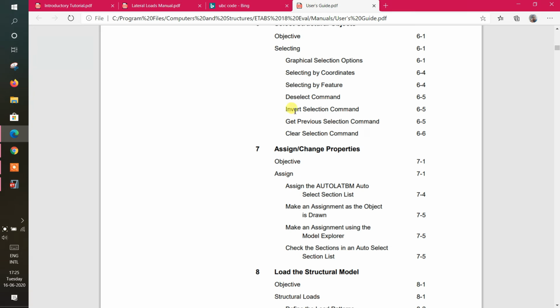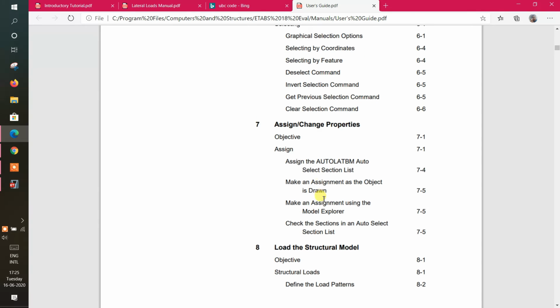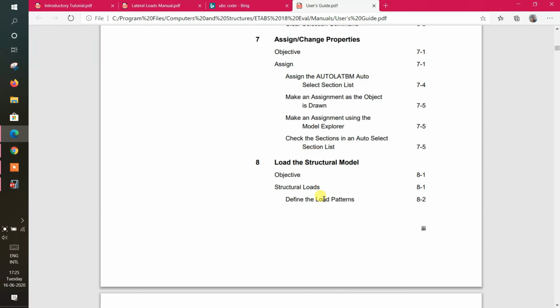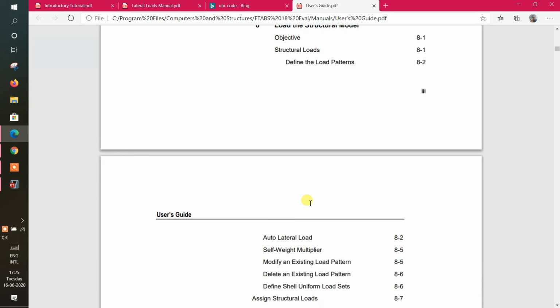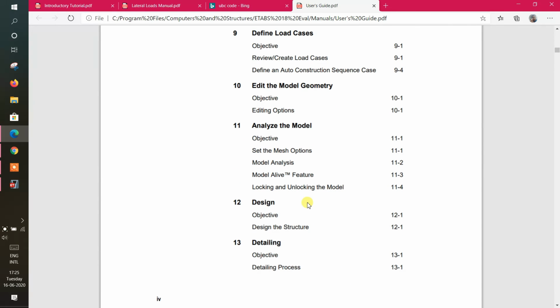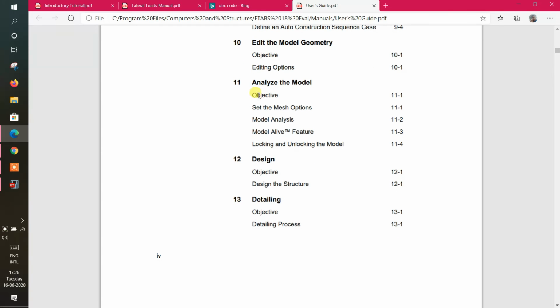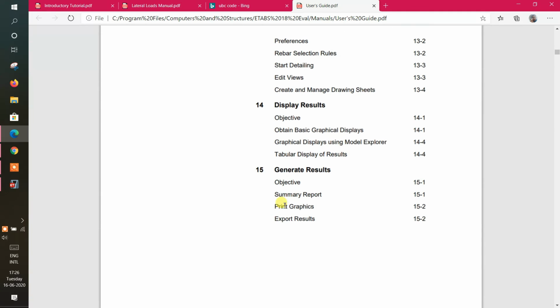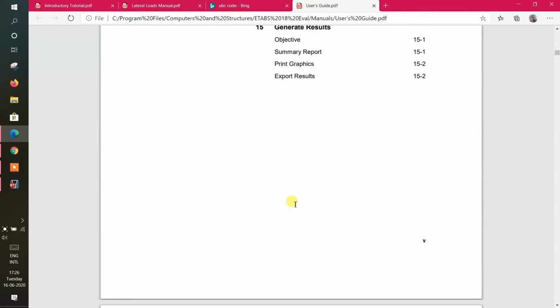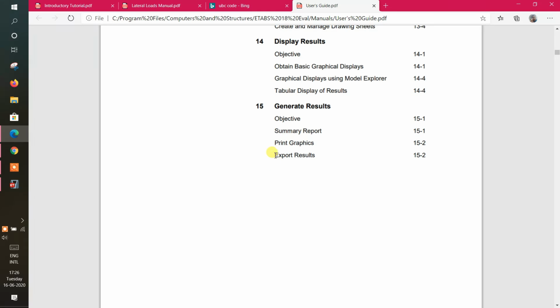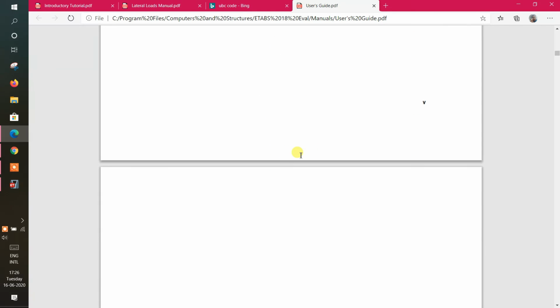Okay. Assign, change properties, meaning assignments. Edit the model geometry. Analyze the model. Okay, design, detailing, display results, generate results. Okay, the last one is export results. That's it, guys.